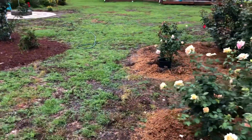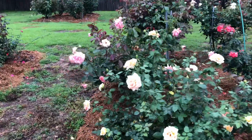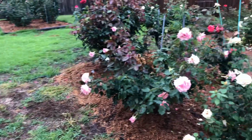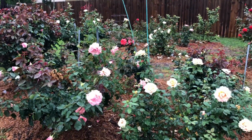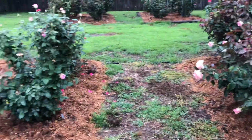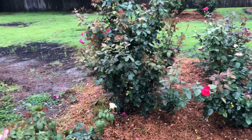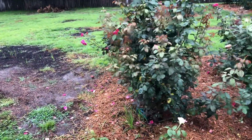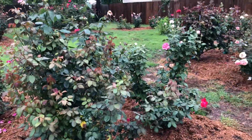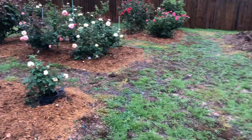So that's it from the garden. Again, highlighting that having a rain gauge is certainly a good thing, and look for some videos coming up. Hopefully we get some rooting going and can multiply some of these roses in our garden. And I also mentioned the spray routine. Really being good with that during periods of wet weather can help you get through it. I know when you have an all-day rain you can't spray, but even on a rainy day there's often an hour, 2, 3 of dry weather, and if you can sneak in some spray material,